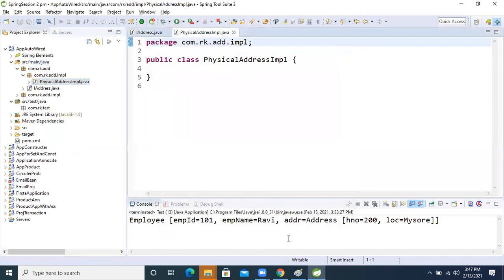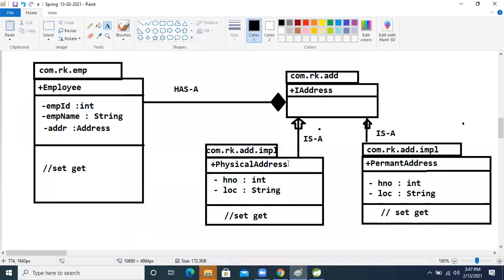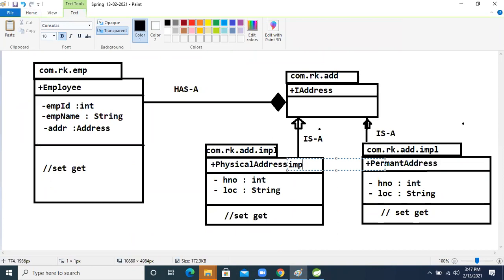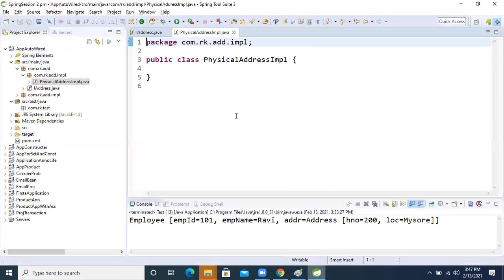Sorry, I did not mention it here; this one also will be impl, and here also impl. Impl means implementation class. In real time we write like this only.